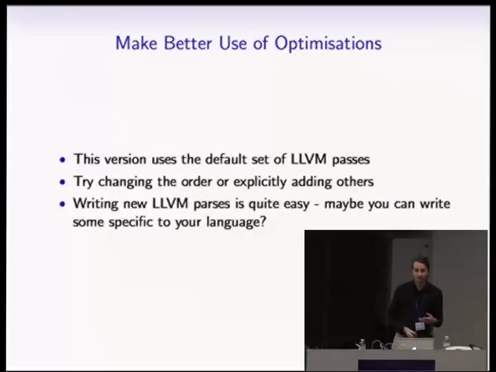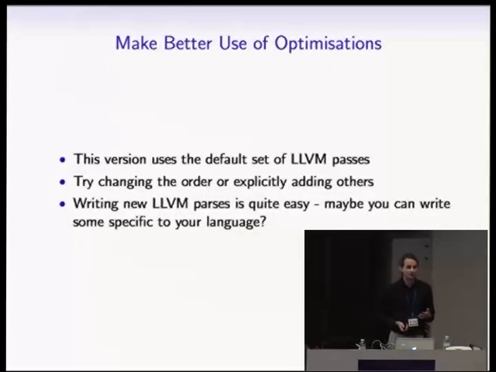I used in the example code the pass manager builder, and I just said add the standard set of LLVM optimizations. And no one has really done much effort on working out which ones they should be. They're just ones that someone thought made sense at the time, and they maybe got tweaked a bit. And they don't do very badly for C and for C++. They work about as well as the GCC ones. But for languages that have different characteristics, maybe altering the order of the passes, adding some extra ones, maybe switching them around a bit can give you better results.